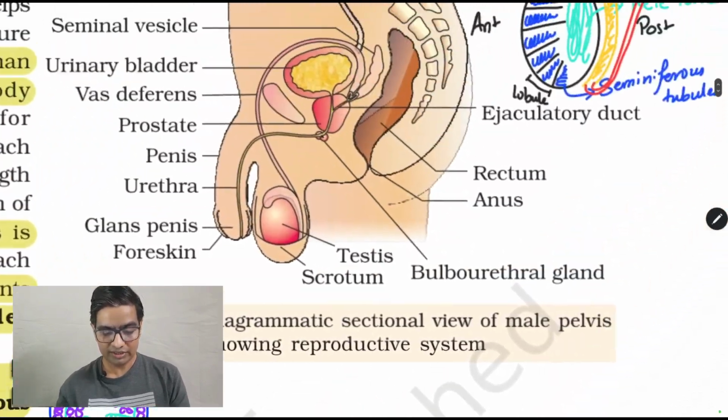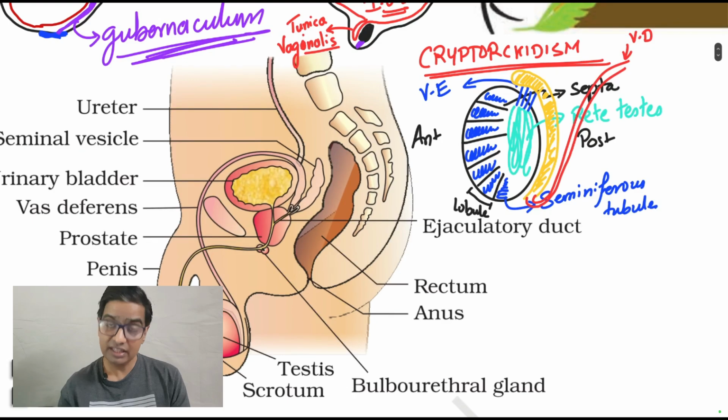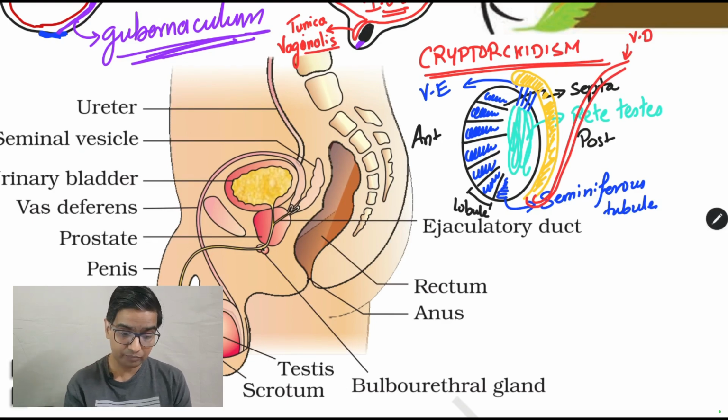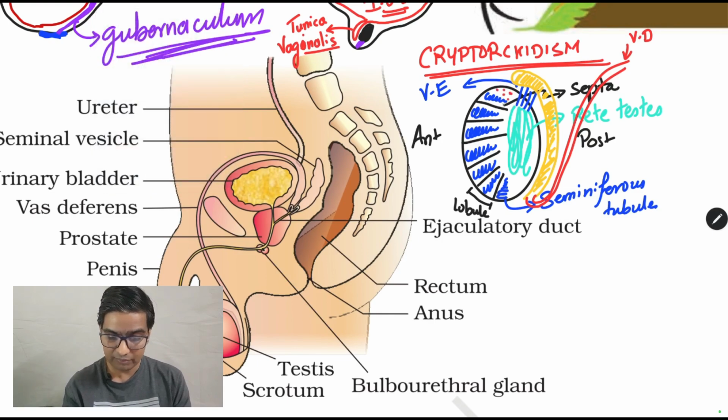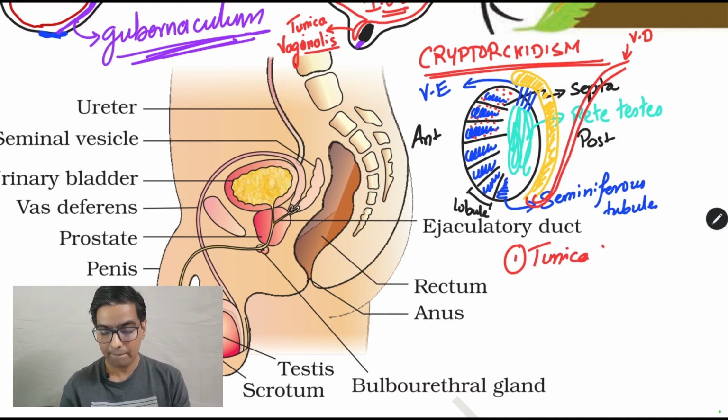Now if you notice, even in the diagram that we have made here, there's a lot of empty space, see? This is where the blood vessels will be. That layer of blood vessel is called tunica albuginea. Three tunics I told you. Only the anterior one, the outermost anterior one, is the tunica vaginalis. It is a remnant of peritoneum.